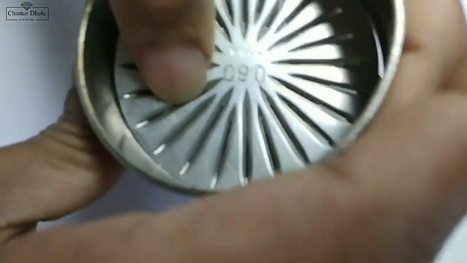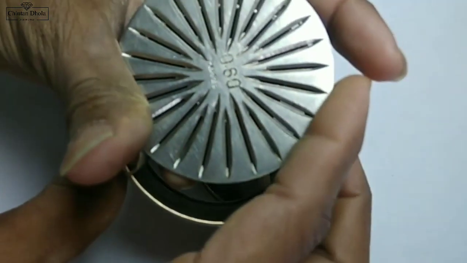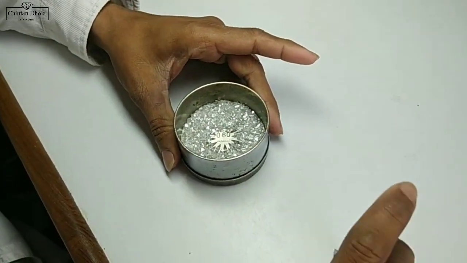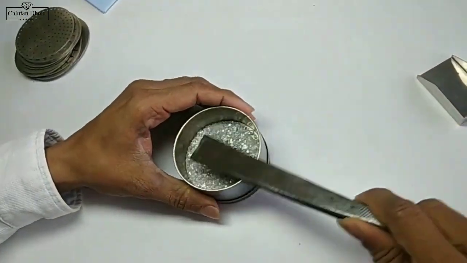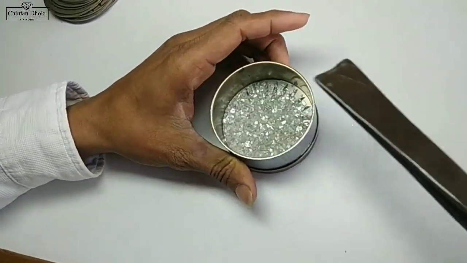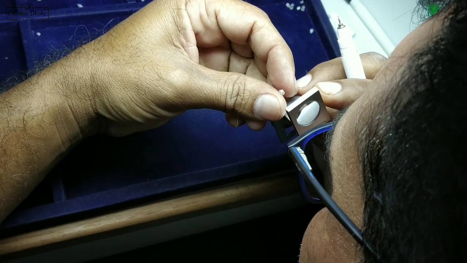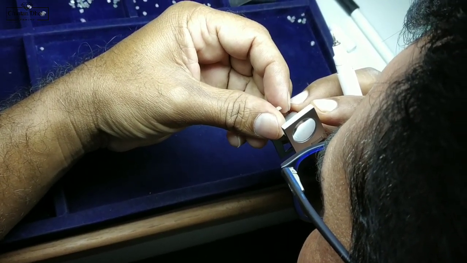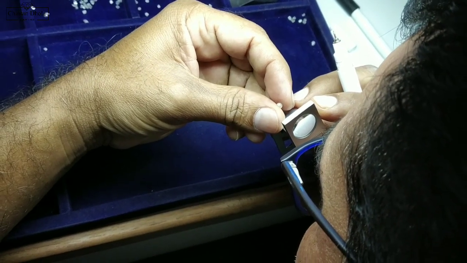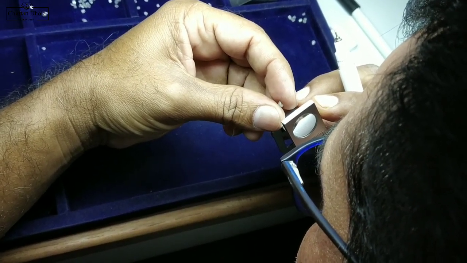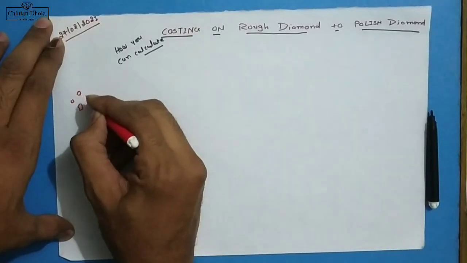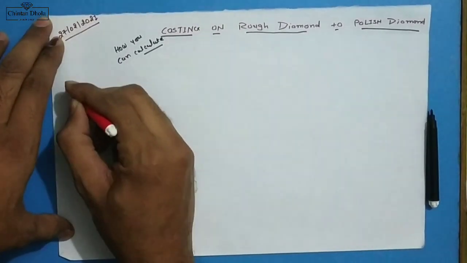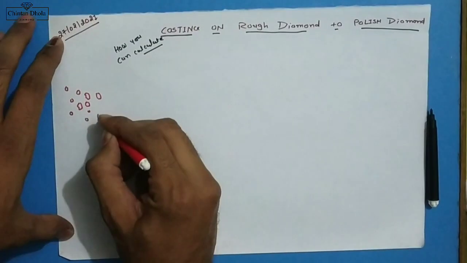Today I will tell you each and everything about the process, including some types of laser sawing process, some types of Sarin advisor process, some types of galaxy planning, and all the costing included on a particular rough diamond. For example, we are going to purchase a rough diamond. Rough diamonds come in different types of shapes and different sizes. You can see here when we purchase any rough.